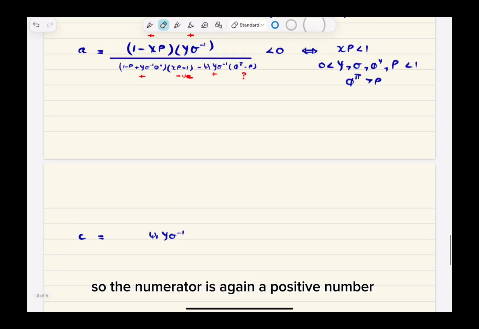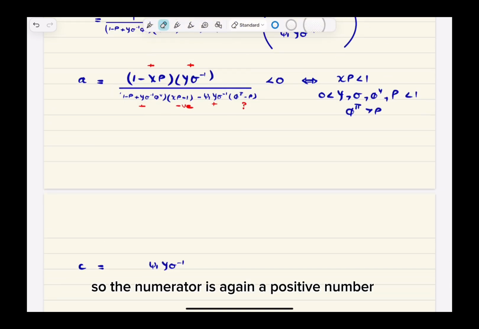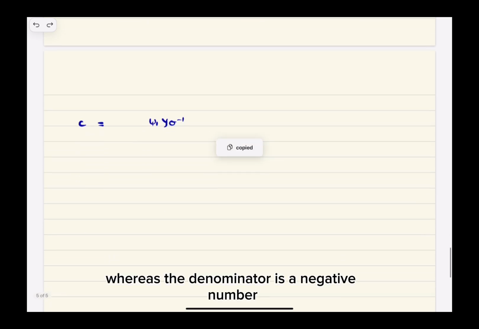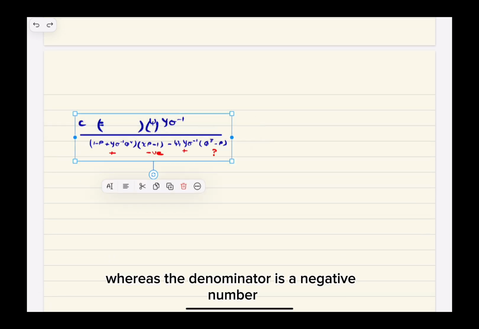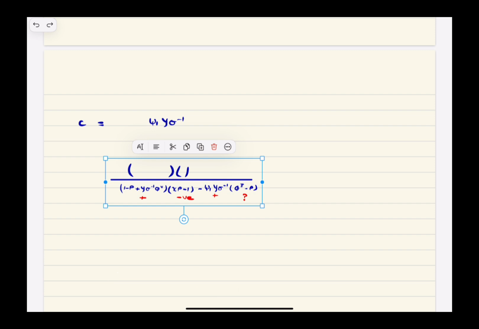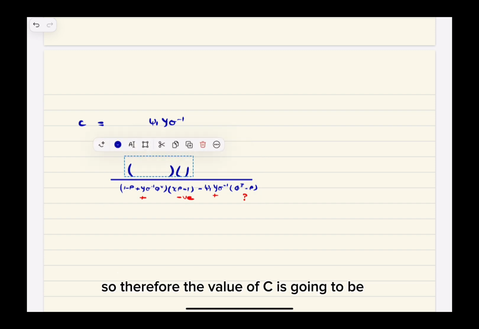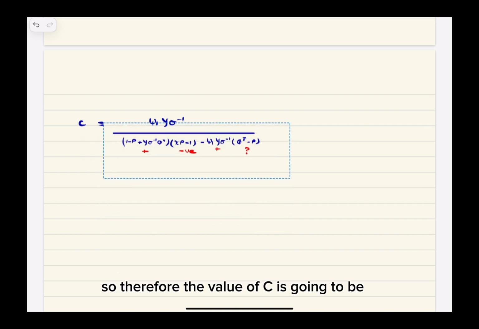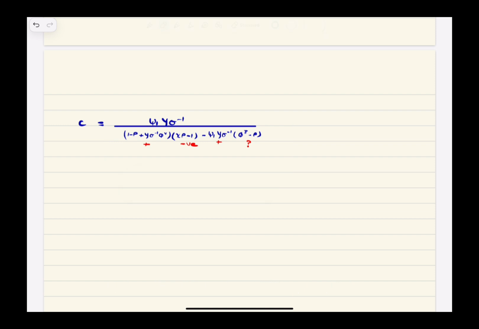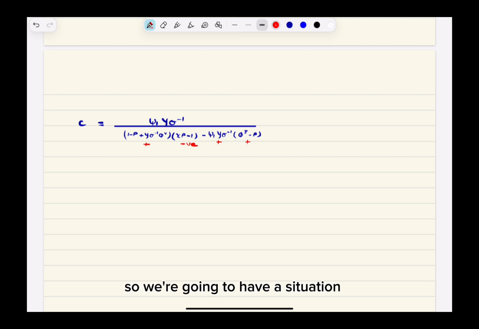So the numerator is again a positive number, whereas the denominator is a negative number. So therefore the value of C is going to be negative. We need this to be positive. So we're going to have a situation where the value of C is negative if and only if